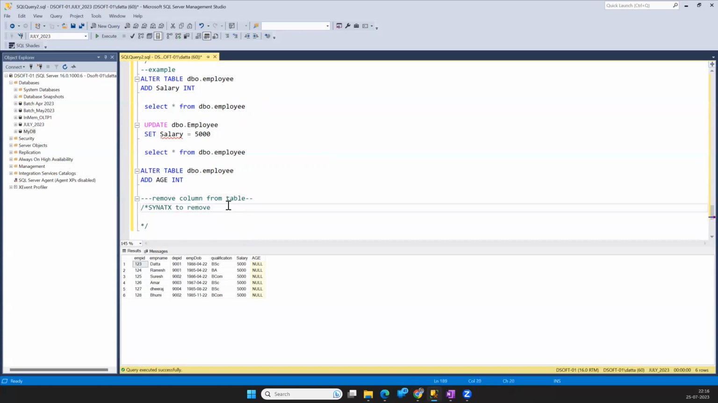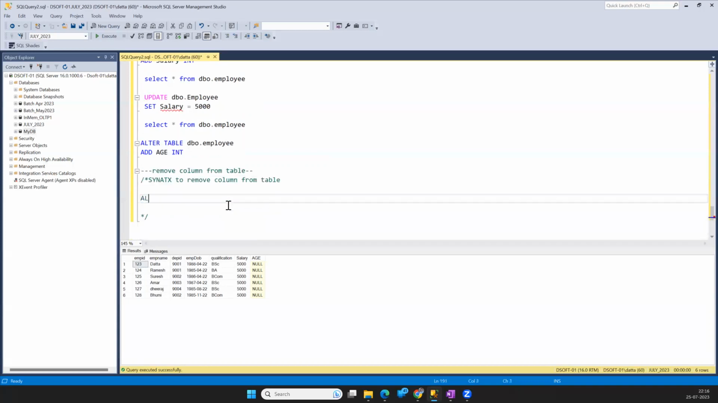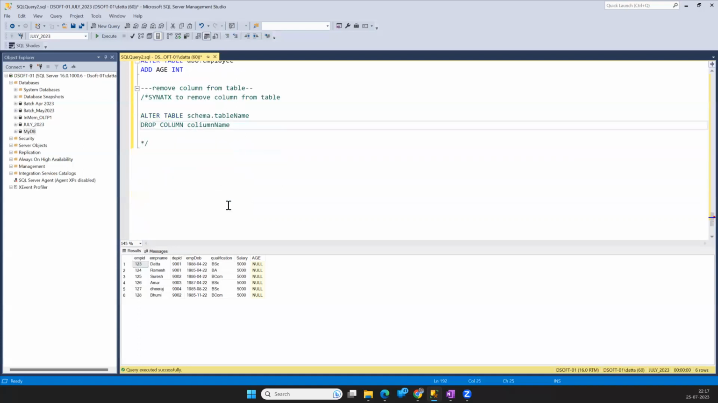Syntax to remove a column from a table. Alter table schema.table_name. For removing a column, I will write a drop statement: drop column column_name. The example here, I want to drop